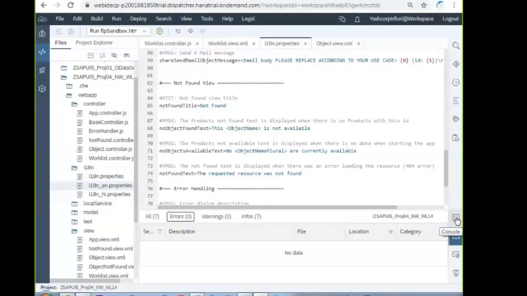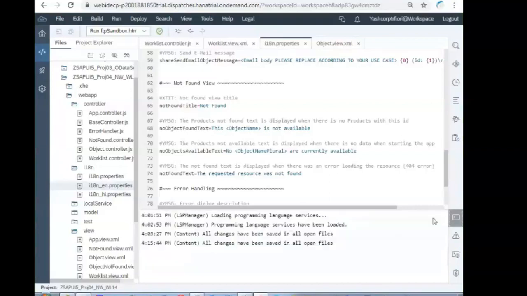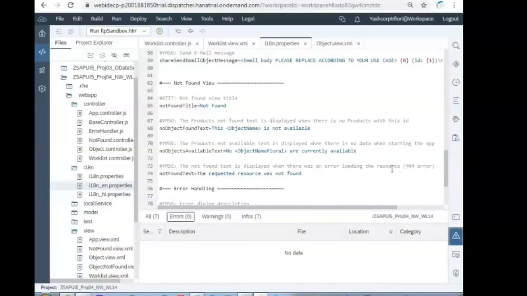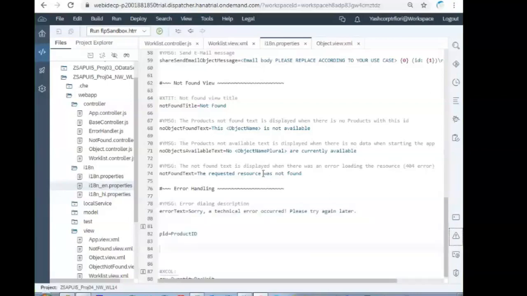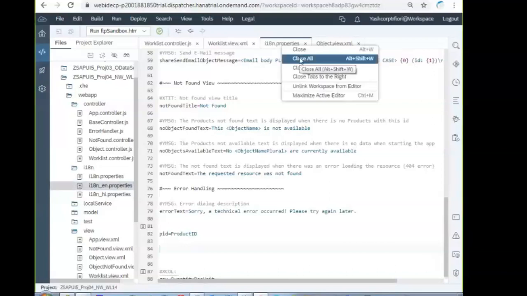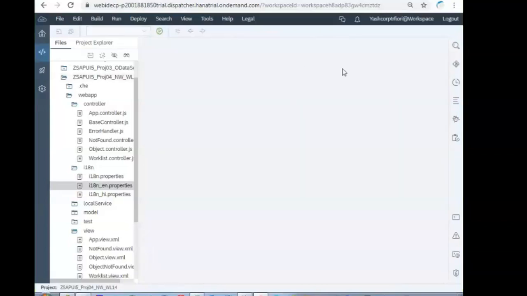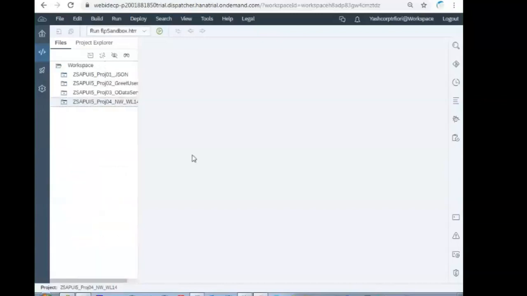During deploying the application to the backend, we'll see that console also. Close all. We'll try to make the worklist application a full screen application.